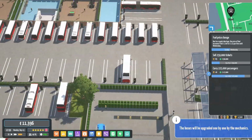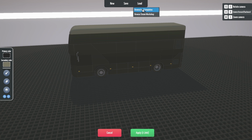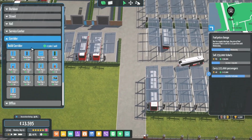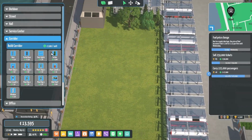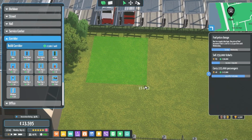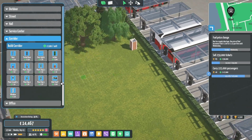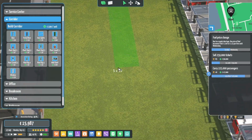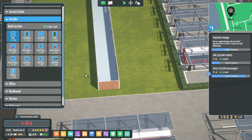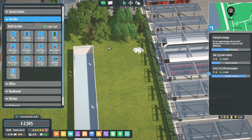Right. Kind of conscious about the number of staff we have now. So what we're going to do, I think, once this is all done, is we're going to build. We could have a new building over here. So we're going to put there. Actually, corridor, not there. Hang on. We go from there four wide to there. Put a double door on it. And then we're just going to put